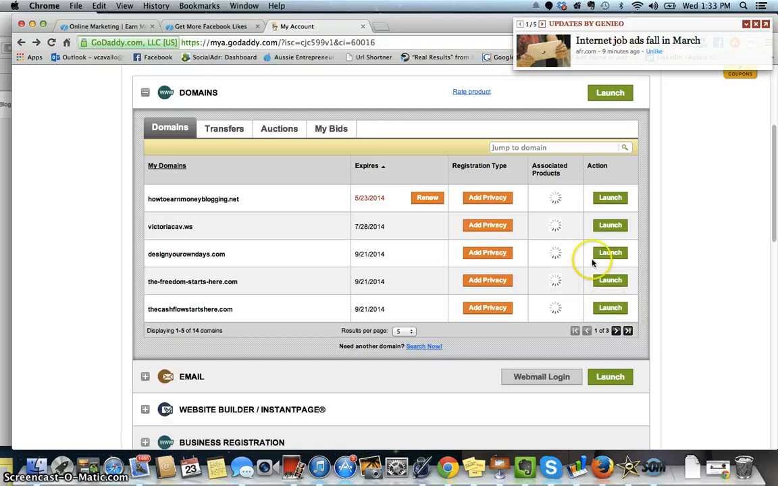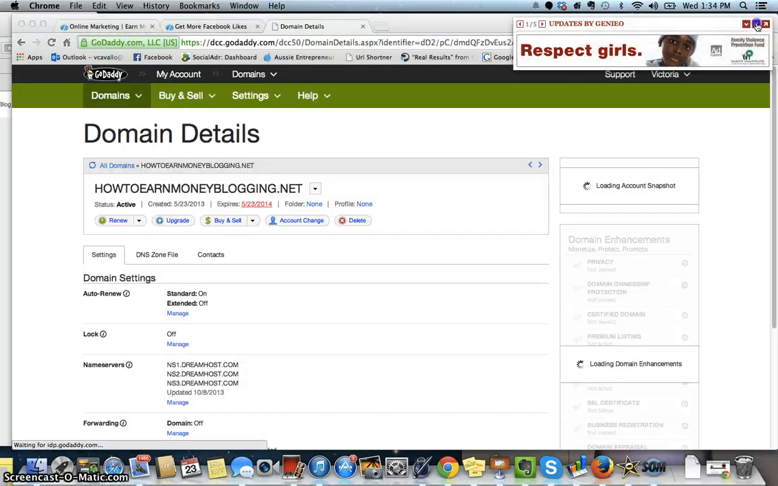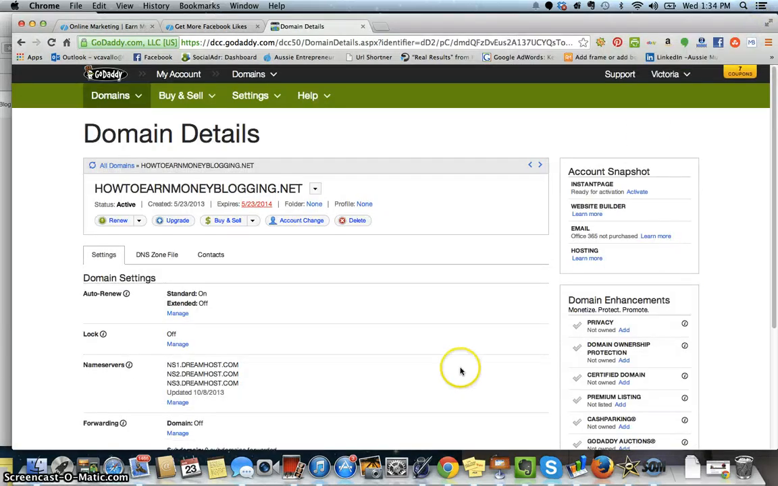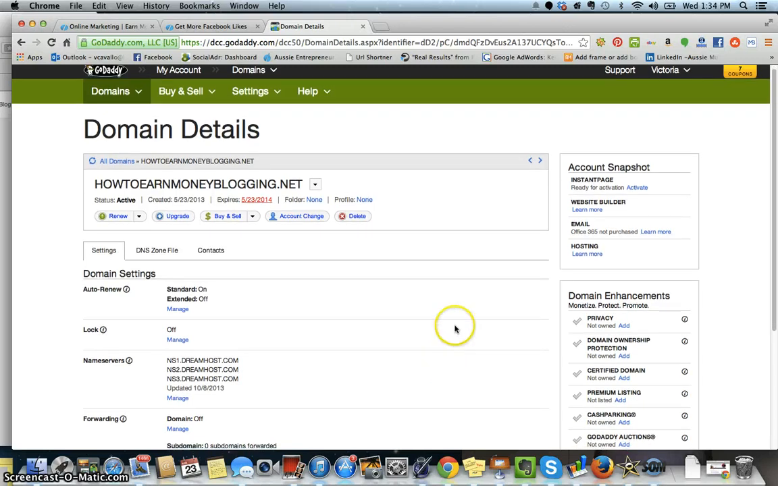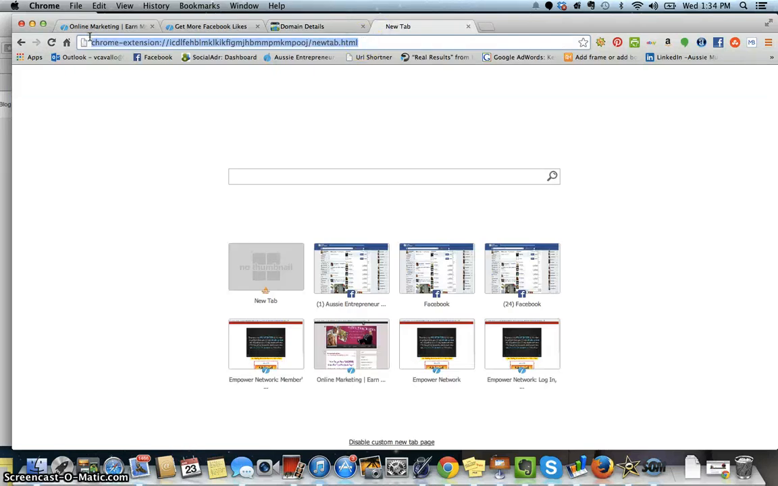Okay. I think we'll use this one. All right, so we click on launch. Okay, so you click on launch and you're going to come to this page. Then what you need to do, leave this page open, go over to your Empower Network blog, into the back